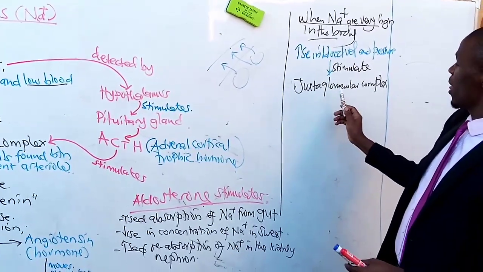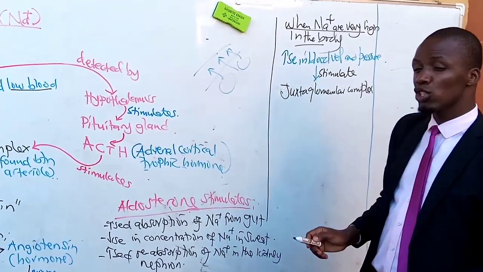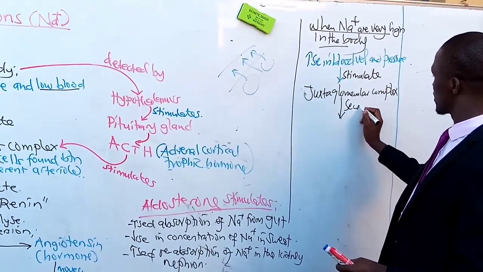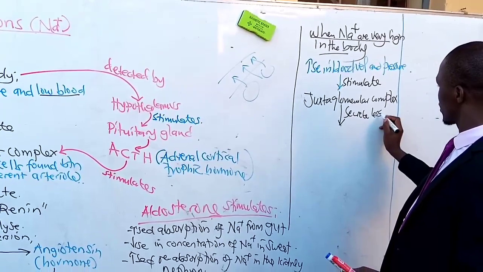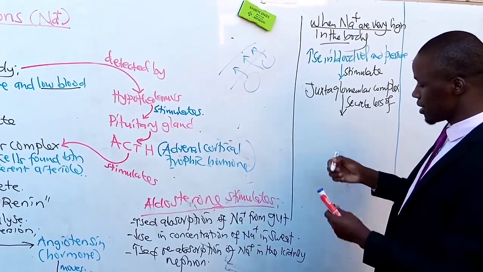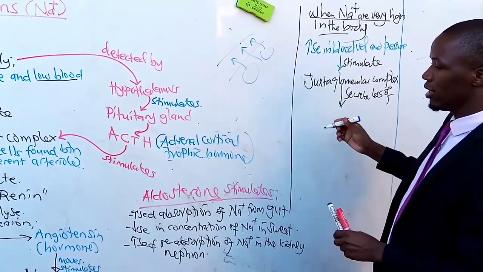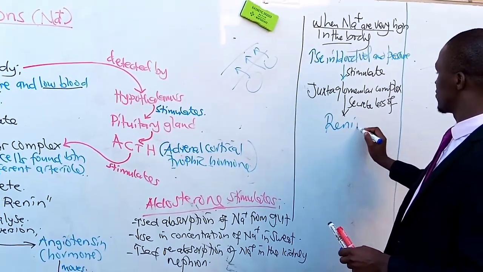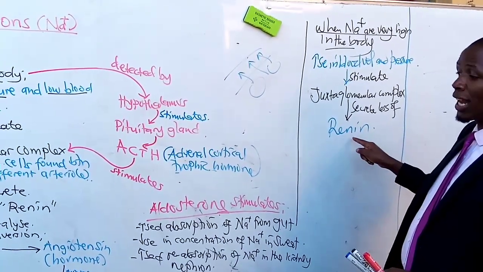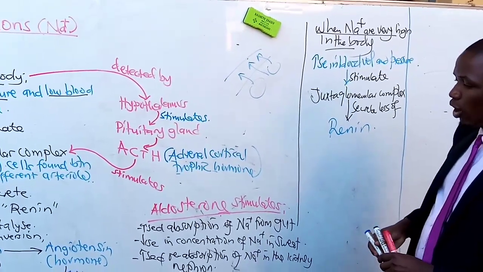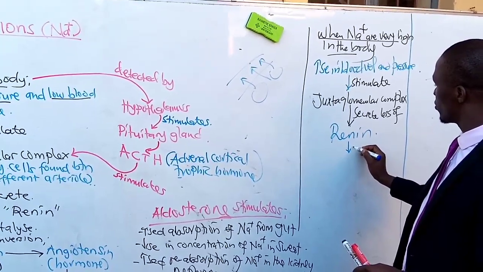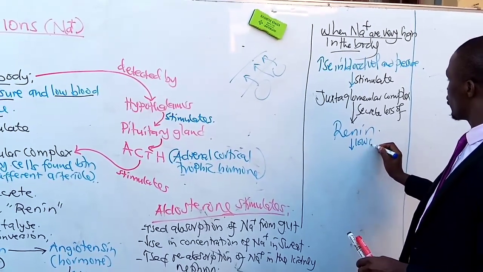But in this case, this juxtaglomerular complex is going to be stimulated in such a way that it will secrete less of our enzyme, which we have called renin. So if less renin has been secreted, it means this will bring about a low conversion